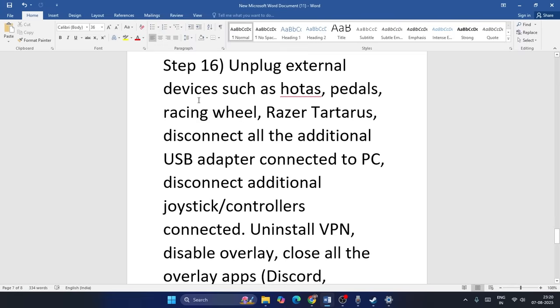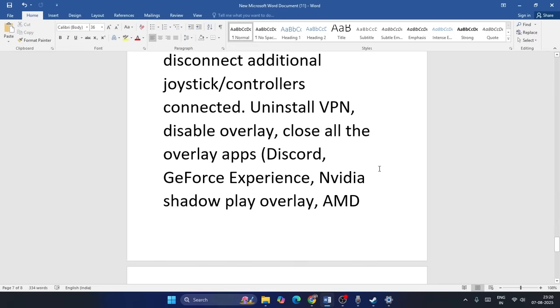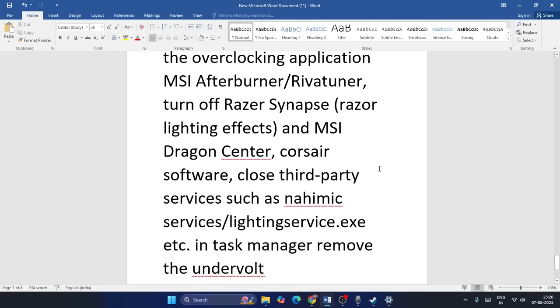Now we need to unplug all the external devices such as HOTAS, pedals, racing wheel, Razer. Disconnect all the additional USB adapters connected to your PC. Then disconnect additional joystick controllers if connected. Uninstall VPN, disable overlay, close all the overlay applications. Once everything is done,